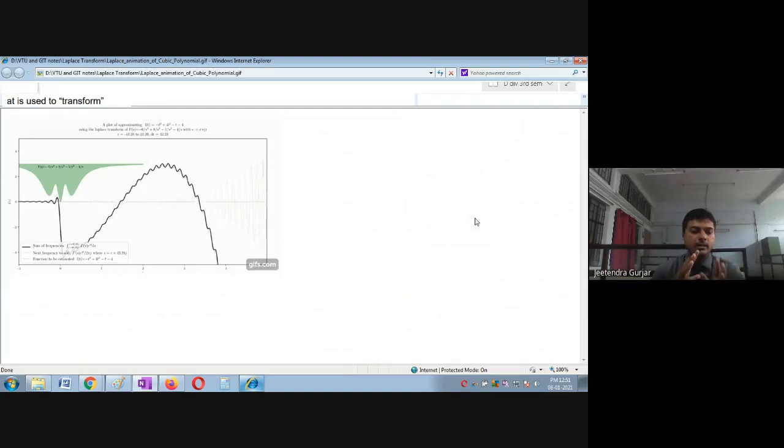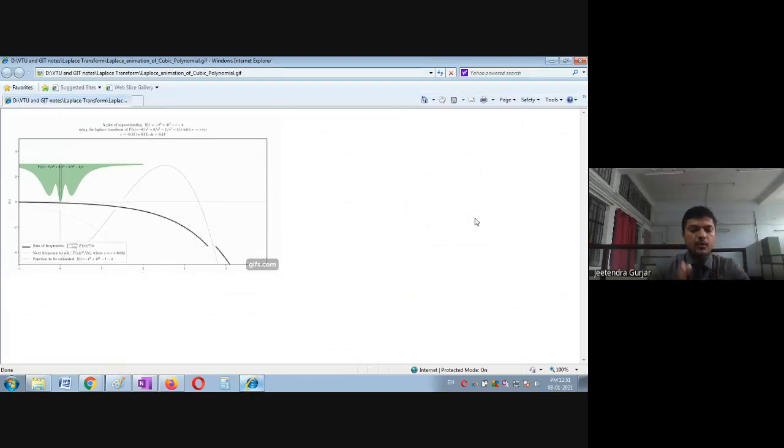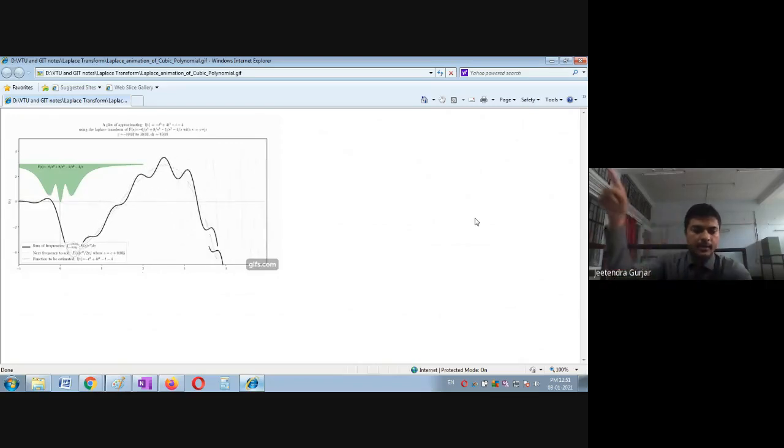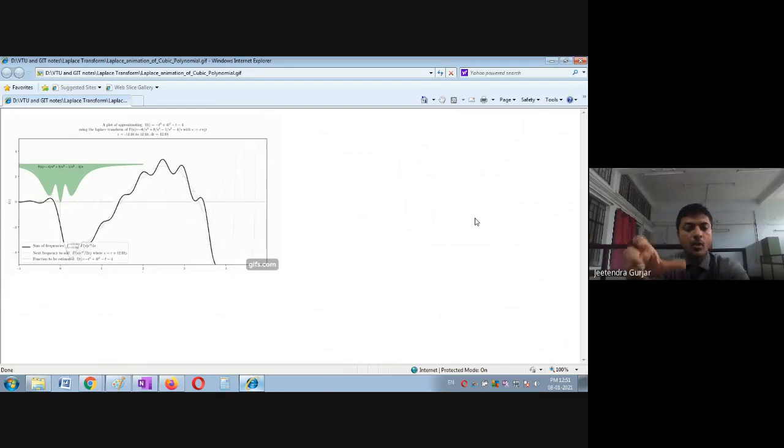One can see here in mathematics, the Laplace transform, named after its inventor Pierre-Simon Laplace, is an integral transform that converts a function of a real variable t. You can see at certain time this is varying, right? Infinitely varying students, it is converted to a function of a complex variable s. Why do we take s? s is a variable which is a complex variable. It may be a real variable, right students?